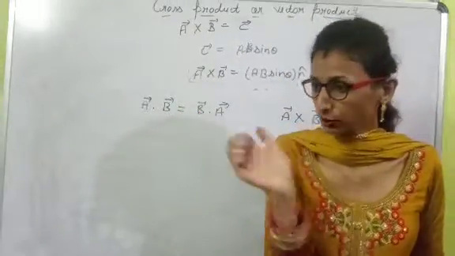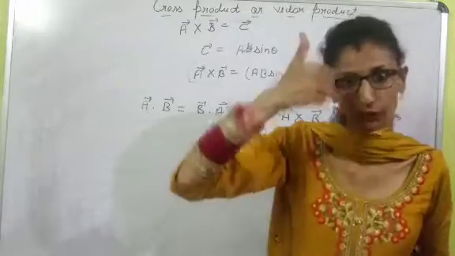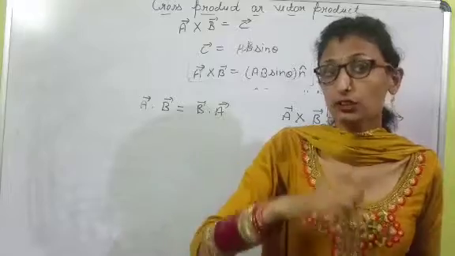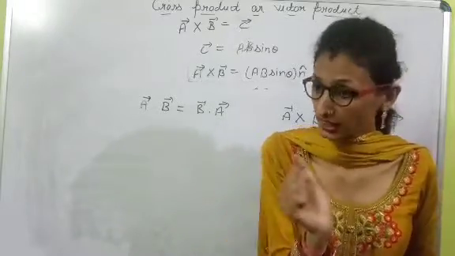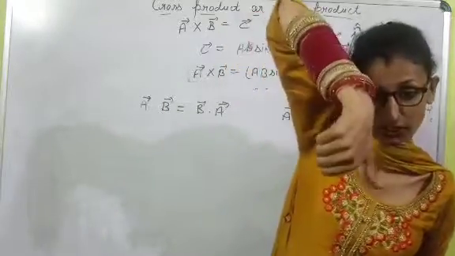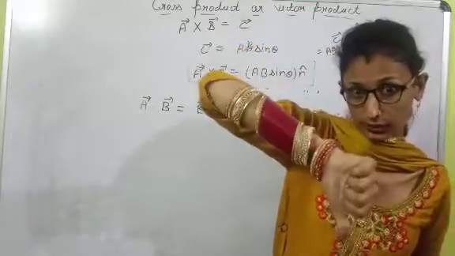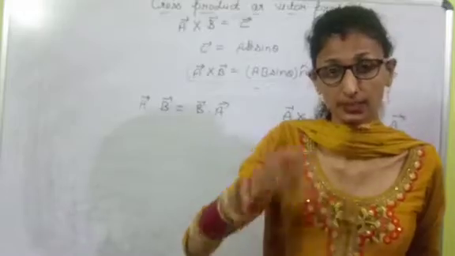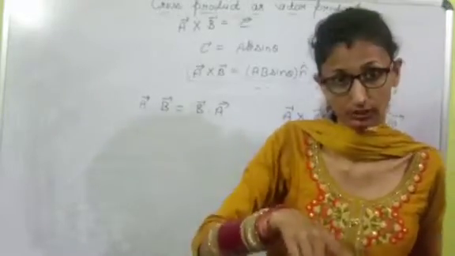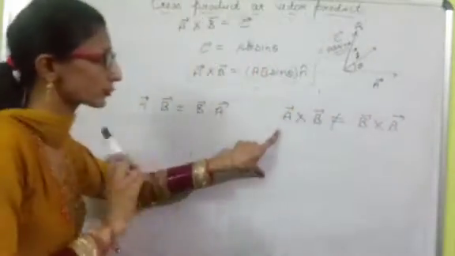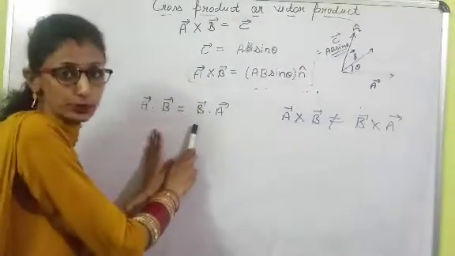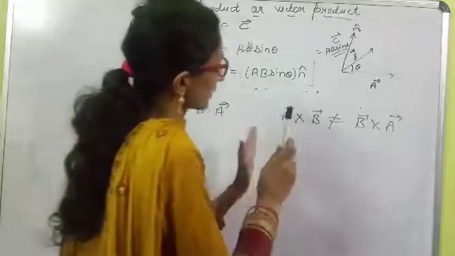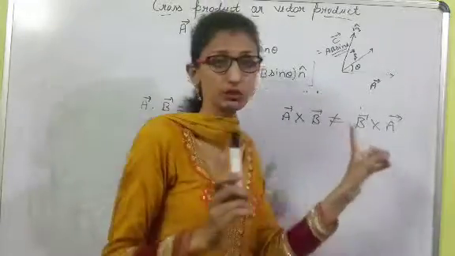When we rotate the screw in the anti-clockwise direction, it will move in the upward direction. Clear? Now if we rotate the screw in the clockwise direction, it moves in the downward direction. It means the direction changes, upward and downward. Clear? It means the third vector changes its direction. Therefore, the cross product does not hold the commutative property the way A dot B is equal to B dot A.